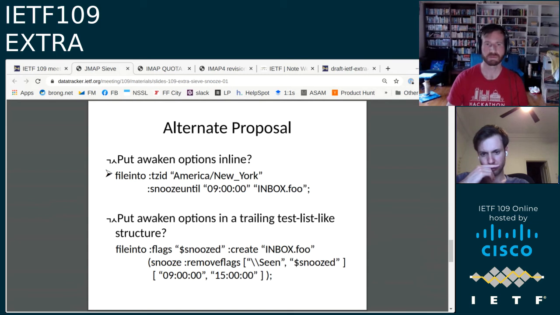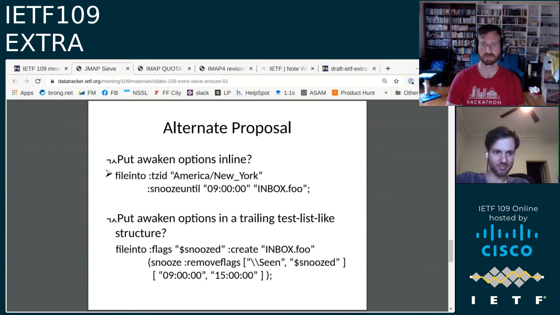Right. Do you have any strong opinions on that, Alexei, or no? I have a slight preference for using file into, but then it comes with extra syntax complexity. Or you have a lot of extra arguments that will snooze, add flags, and so on. Yeah, as Neil said, it's not really making it more complex. It's just making it unwieldy with the number of options that can be in there.